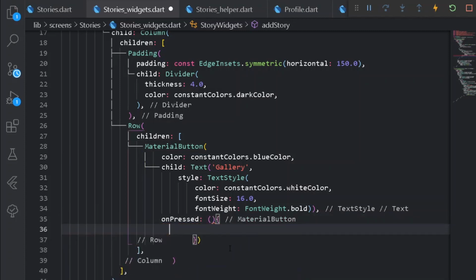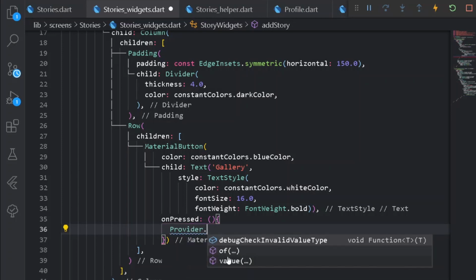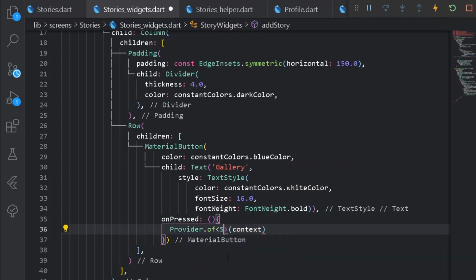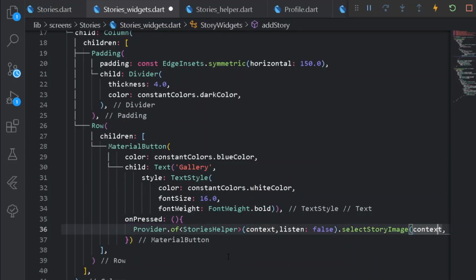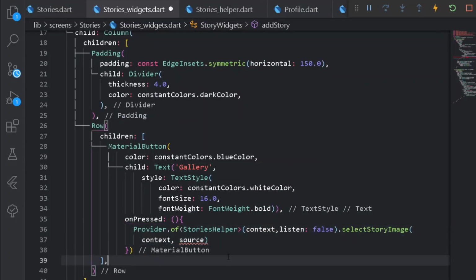So here under our on press property, for our gallery we can simply have a provider dot of for a context of story helper, and from this let's have listen property to false, and after that we can simply select our story image. Easy thing. Now here it will be requiring a context and a source.